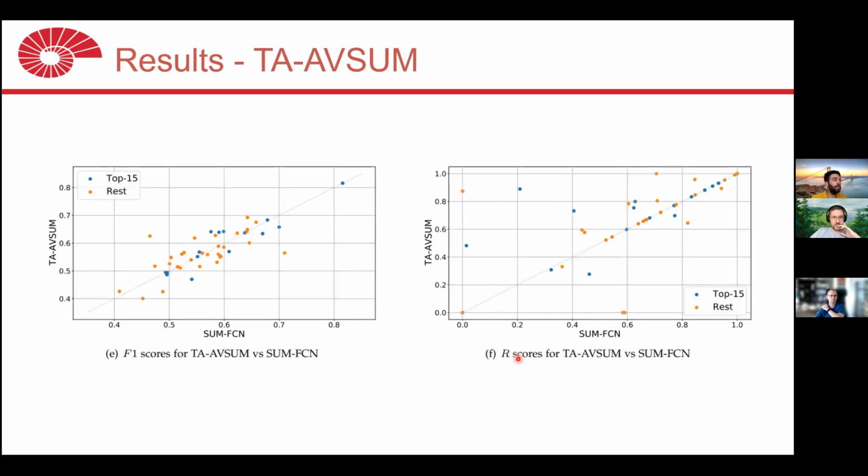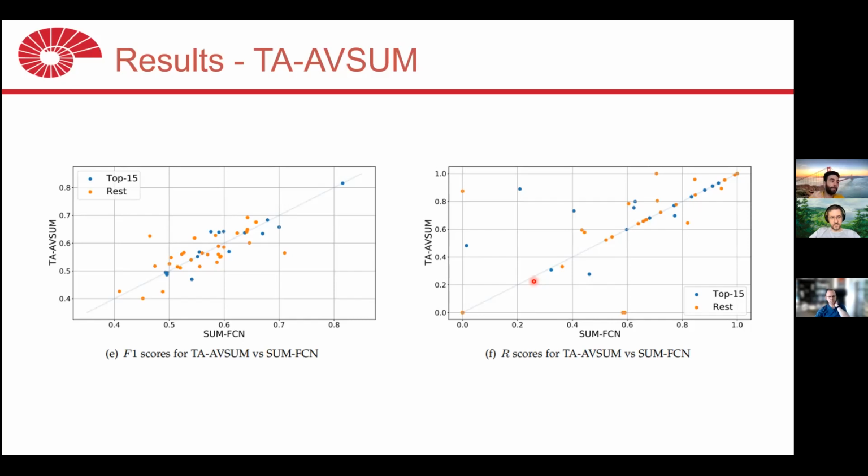Now we will check the behavior of temporal attention enhanced Awesome. For the F1 score, it's a bit more scattered than Awesome GRU, which is kind of expected because we are imposing an additional, big module at the bottleneck of the architecture, which changes things. Especially when we consider its performance for the face recall on the right-hand side, we have seen that most of the top 15 videos are either on the diagonal or above the diagonal, which states its superior performance at the face recall.